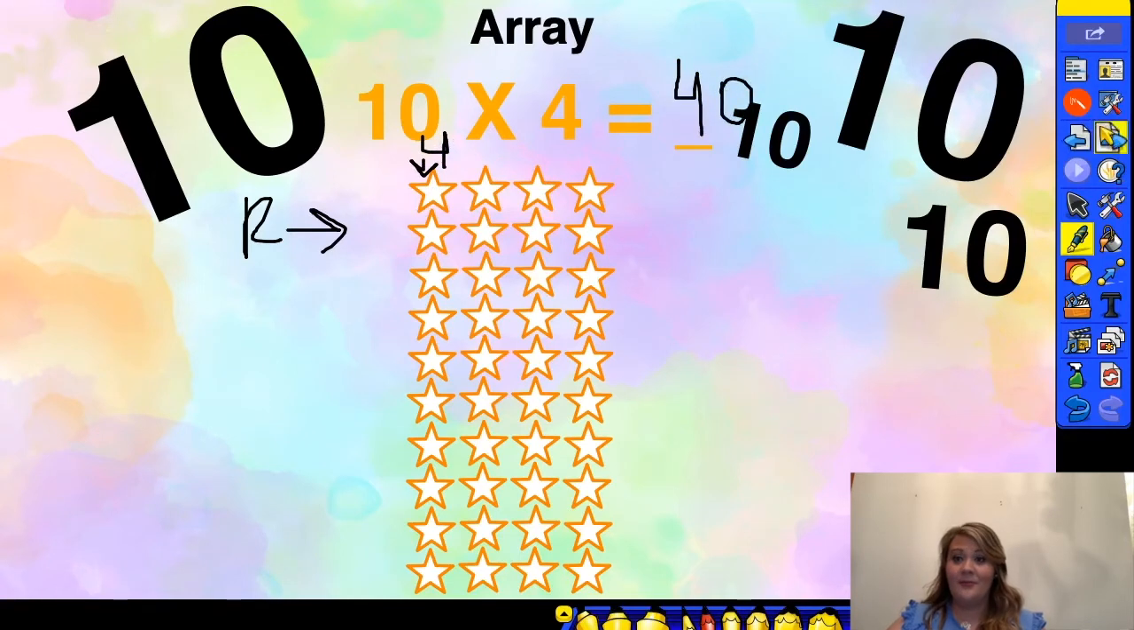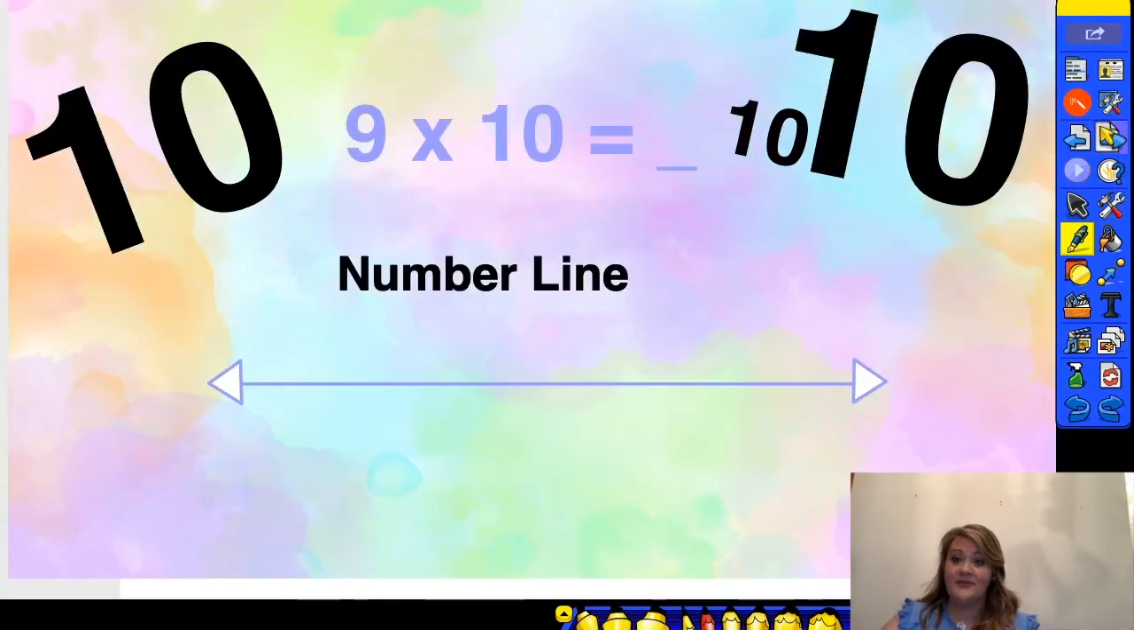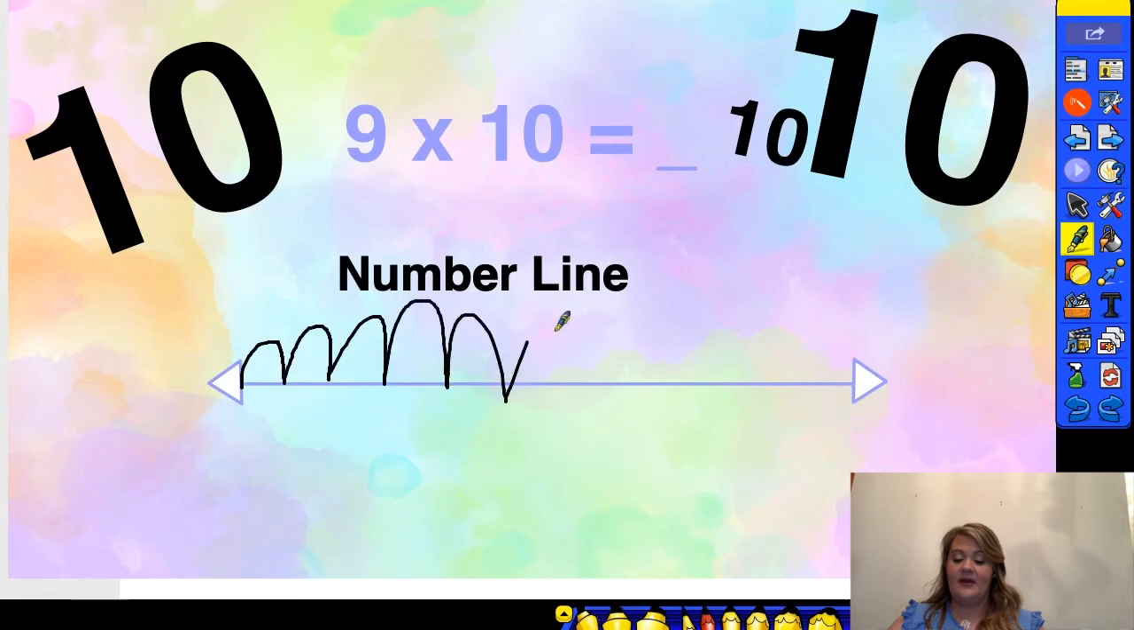In our next problem, we have a number line. So we have 9 groups of 10. We're going to count by 10 9 times. So I'm going to go ahead and draw 9 bumps, starting at 0. We have 1, 2, 3, 4, 5, 6, 7, 8, 9. And we're going to count by 10. So we have 0, 10,